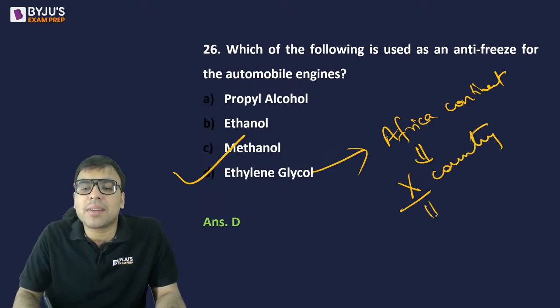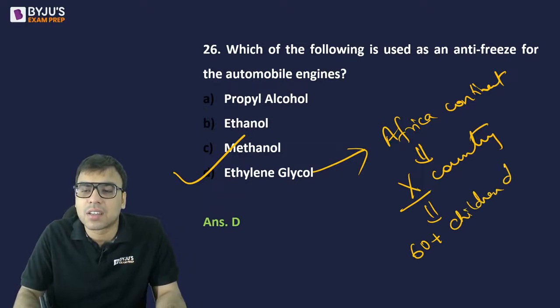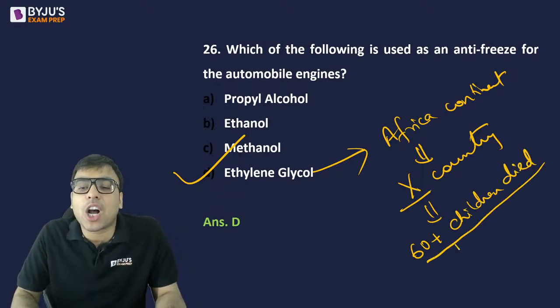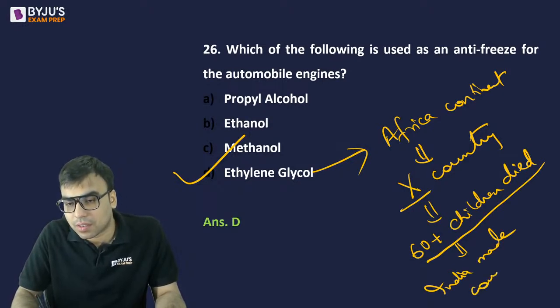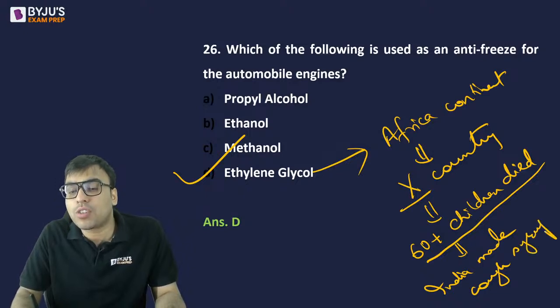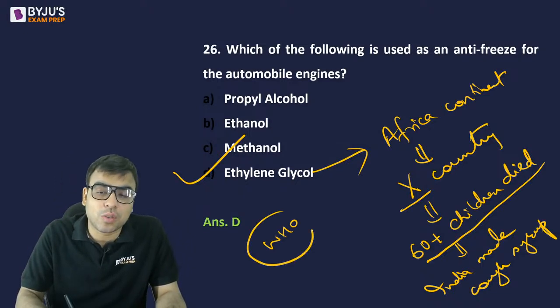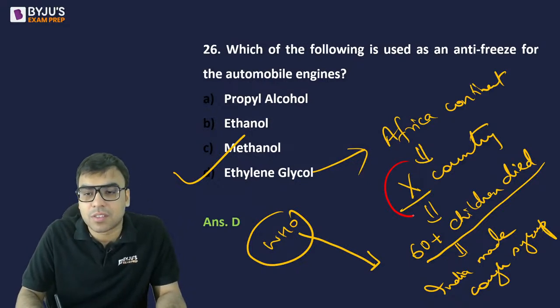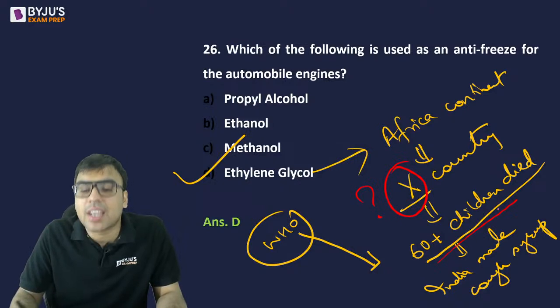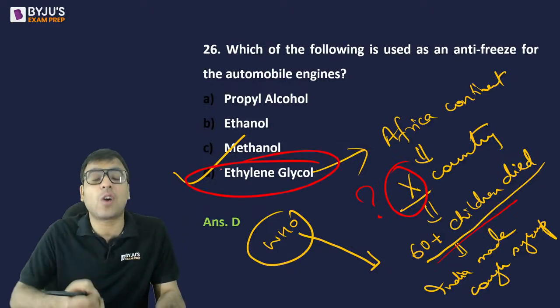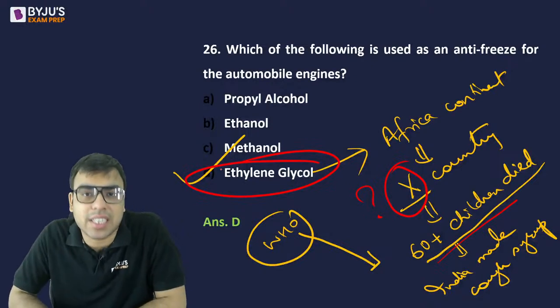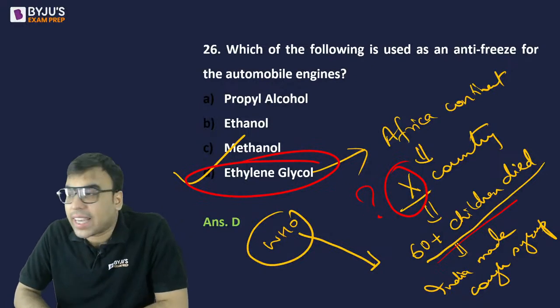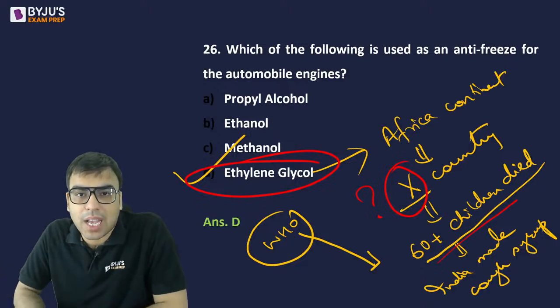In this country, I think more than 60, as far as I remember, more than 60 plus children died. And this country said it is because of India-made cough syrup. And WHO, World Health Organization, raised this issue. What is the name of that country X? Batao. And it said actually, according to them, ethylene glycol was found inside the cough syrup, which is of course dangerous. So उस X country का नाम बताइए. I'm waiting for the answers.